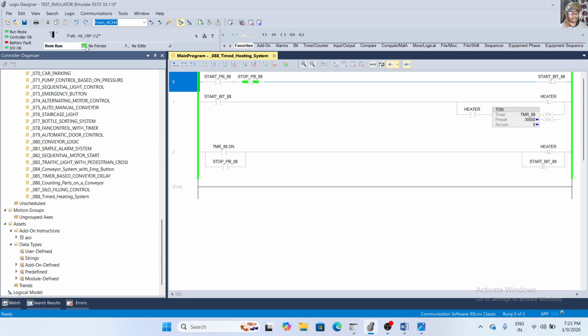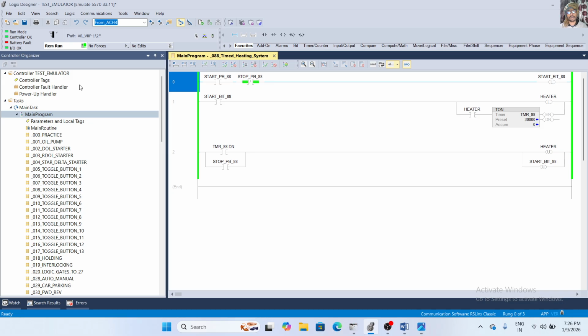First of all, I have to create this logic in Studio 5000 software. You can also create this logic in TIA Portal, Delta PLC programming, Mitsubishi PLC programming, and any other PLC programming.